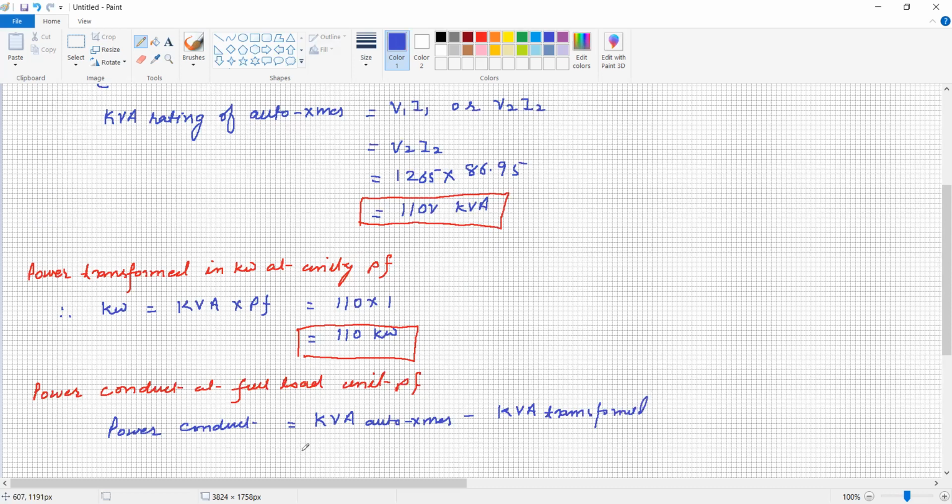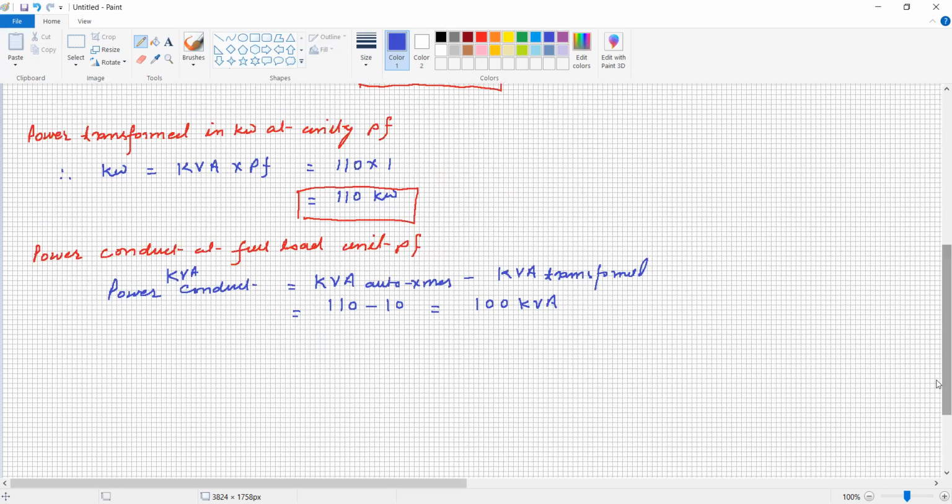So kVA transformer is 10 kVA, isn't it? So 110 minus 10 is equal to 100 kVA, isn't it? It is in kVA, power conducted. So this is the kVA. First we will calculate the kVA conducted. Okay, so under such condition, or you may calculate,